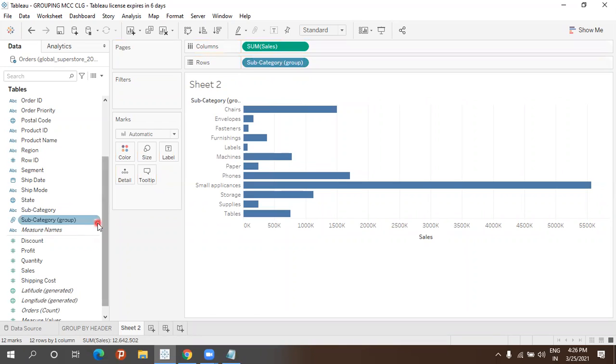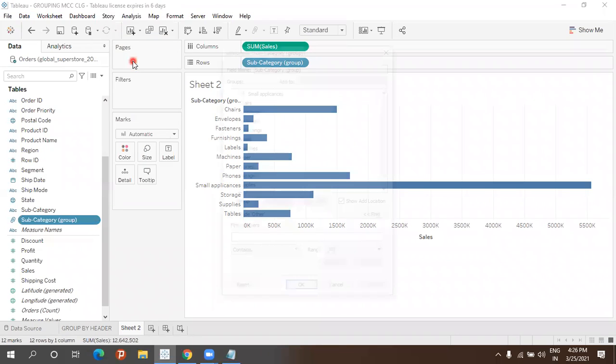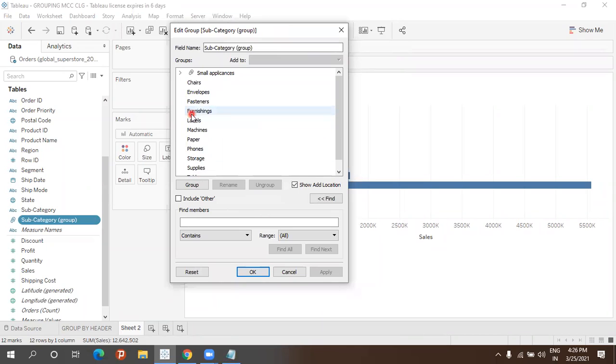On the left side, can you see a small arrow mark? Just click on this arrow mark. You'll get an arrow pane here. Just click on edit group, where you'll get this pane. Okay, which one do you want to add? Yes, sir. Which one do you want to add?